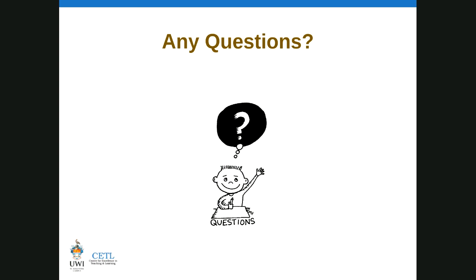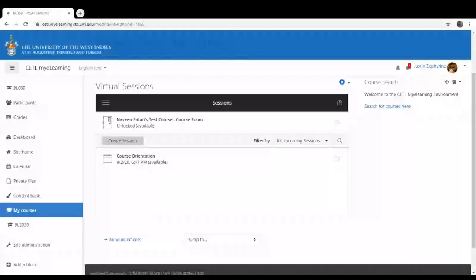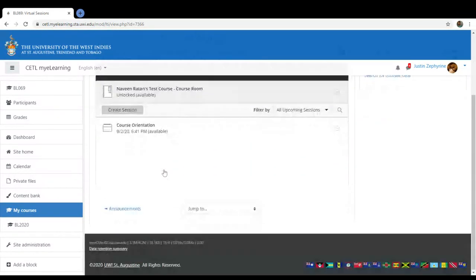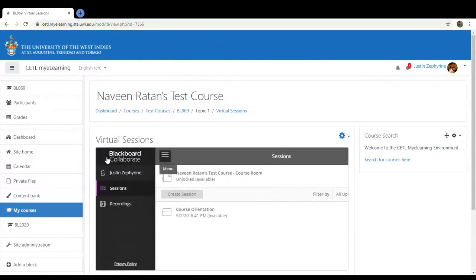Let's say this is the page. I'm just going to do this for now, but oh no, I don't have a recording in this one. Let me go to a page where I have a recording.